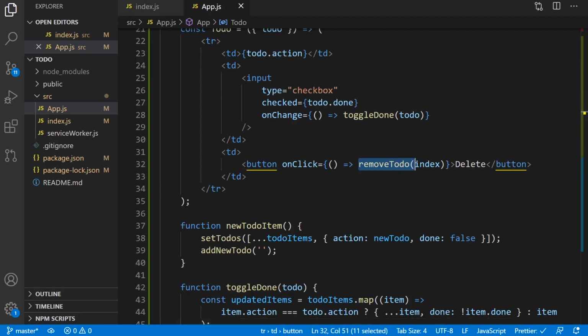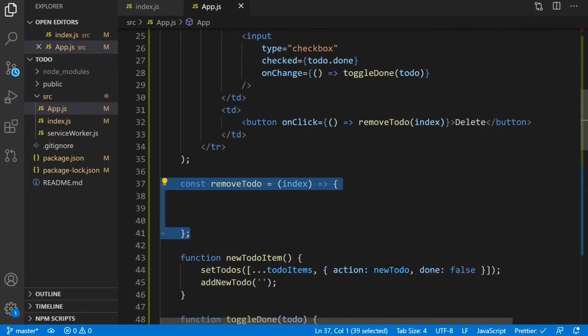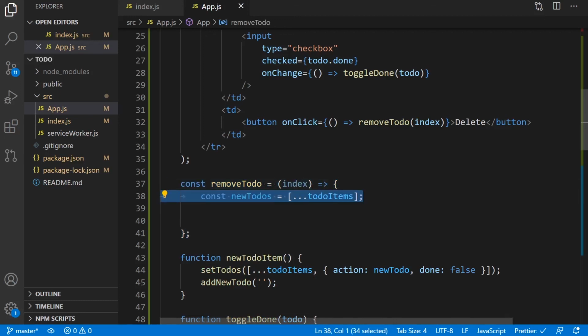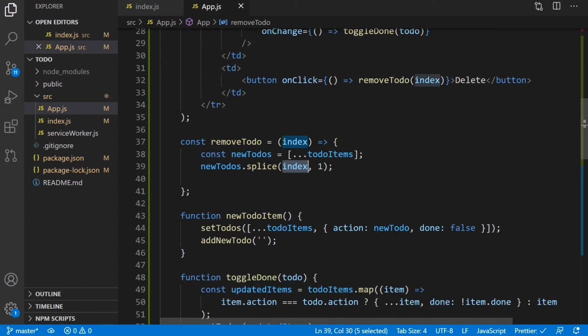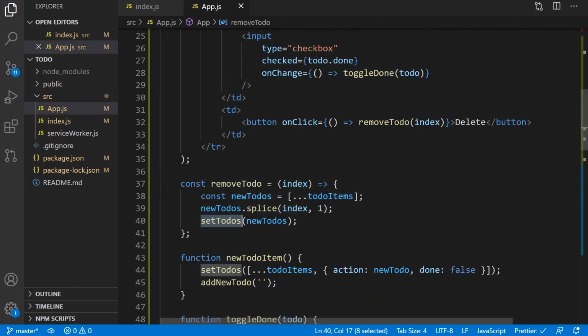So let's now build this function. First of all, we create it. So remove to do, and we're going to pass in the index data. We then loop through all the items and put them into this new variable, new to do. So we're going to store all the items. Then we're going to take that data and use splice, where the index number represents the index number of our list, and we're going to remove it from our list here. And then we're going to use set to do again, and we're going to take all that data and just set it